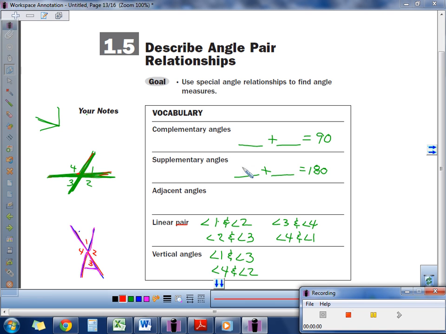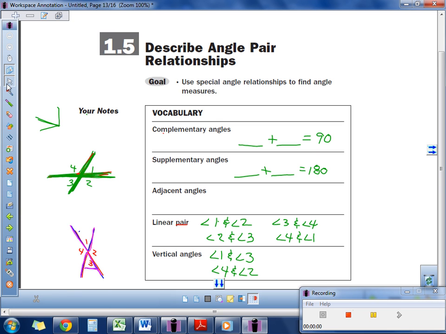All right, today we're talking about describing angle pair relationships, and we have a lot of vocab to discuss first. First off, we have complementary angles, and when we're talking about complementary angles, we mean two angles that add to 90. These angles can be stuck together or pulled apart, but as long as they add to 90,